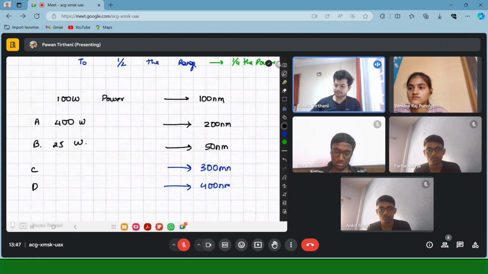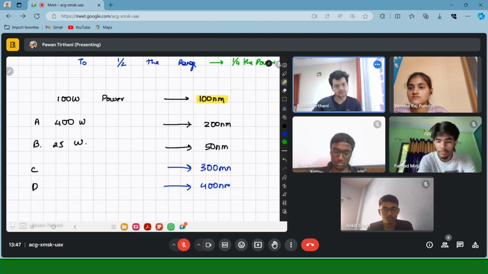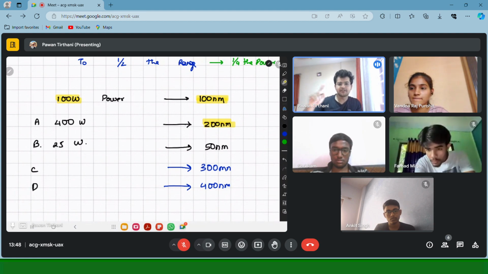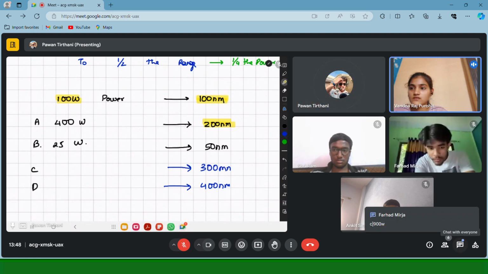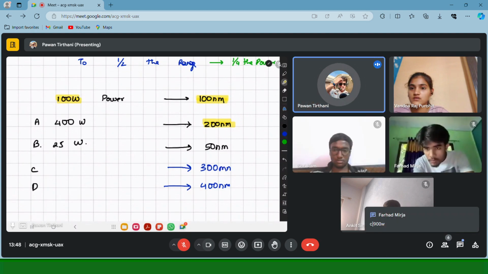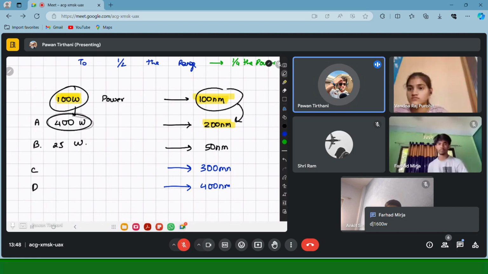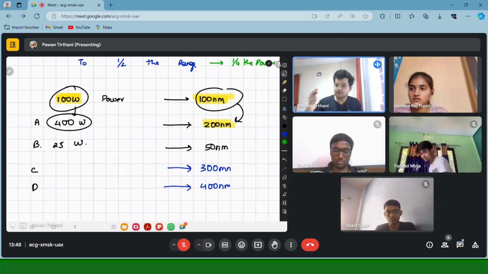मैंने आपसे क्या पूछा? अब आपकी मान ले 100 मीटर की रेंज है, ठीक है? उसके लिए आप इतना पावर दे रहे हो। अब आपने मेरे को एकदम सही जवाब दिया था, अगर आपने उसको 200 मीटर कर दिया तो आपको पावर कितने गुना 4 टाइम्स। समझ आया? तो इसीलिए अगर 100 वॉट अगर मेरे को इसके लिए चाहिए, इफ आई नीड 100 वॉट फॉर दिस, और मैंने इसकी रेंज क्या की, 100 से 200 कर दी, तो मेरे को इसकी पावर 4 गुना करनी पड़ जाएगी। करेक्ट? हाँ। 4 क्यों वंदना? क्योंकि मैंने इसको 2 गुना किया ना। इसका स्क्वायर करो, 2 का स्क्वायर कितना होता है? 4 होता है।